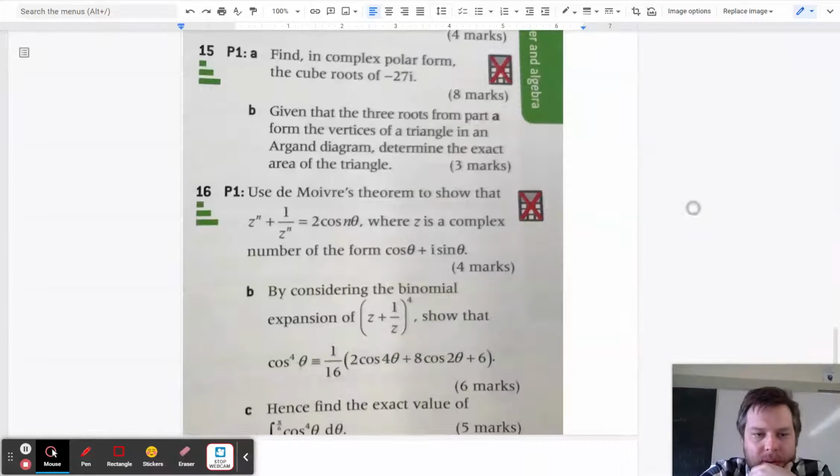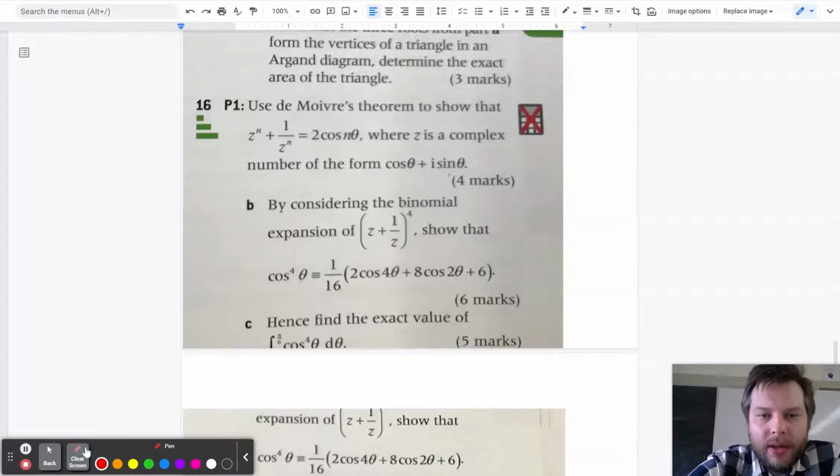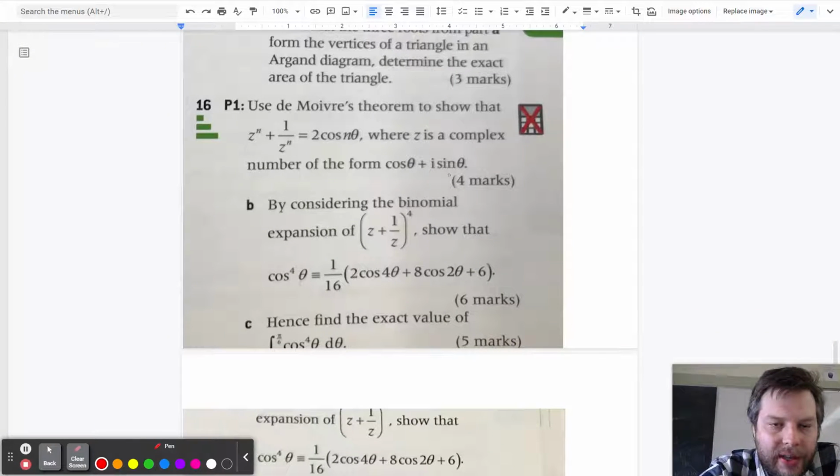Right, hello students. So we're looking here at problem 16. Lovely little problem using De Moivre's theorem to show that z to the n plus 1 over z to the n equals 2 cosine n theta, where z is a complex number of the form cosine theta plus i sine theta. Great. So I'm going to write, if z is cosine theta plus i sine theta,